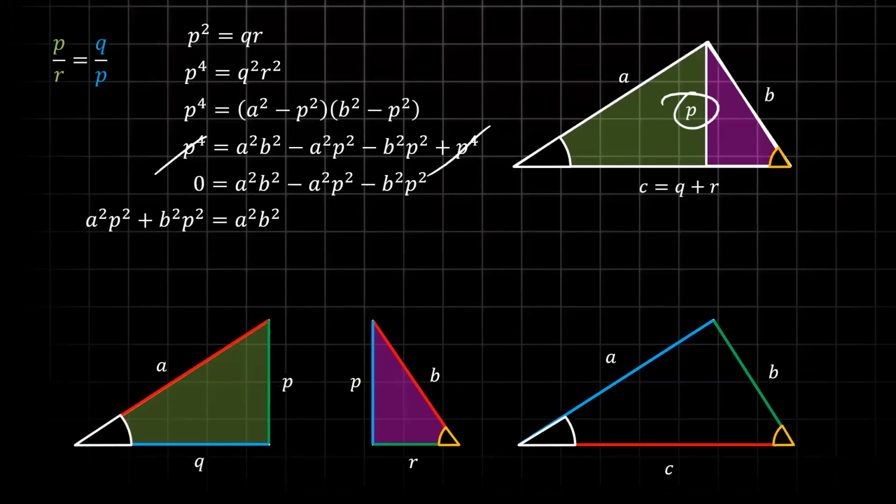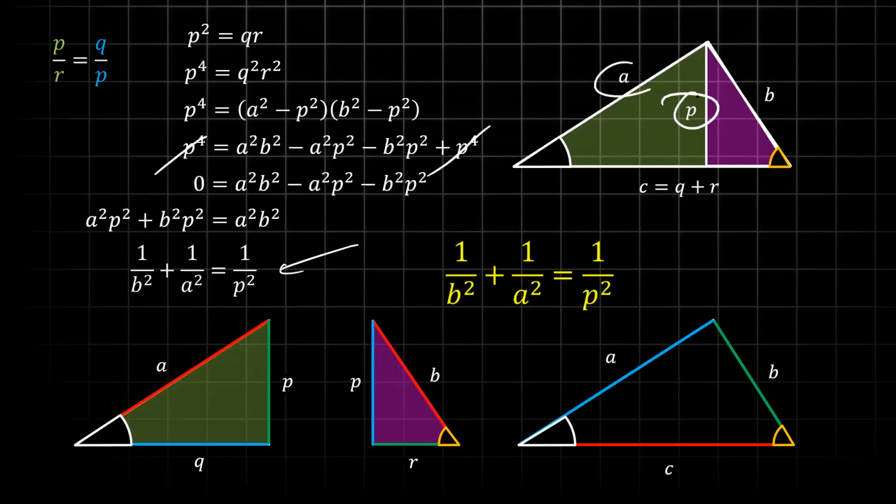Now this relation is not obvious until you divide it by p square a square b square. You get this. It's popular. This relation, how many of you have seen this before? I know Keaton knows it. Other than that, does anybody know this relationship? This is a relationship between A, B, and P. Yeah, it's famous. It's called inverse Pythagoras theorem. Okay, it's useful. It's very useful in many problems.